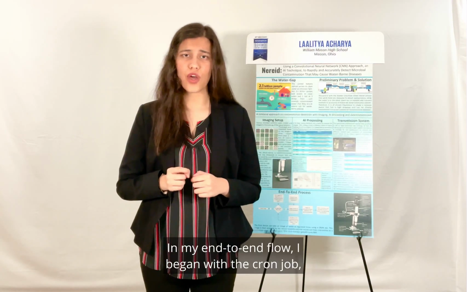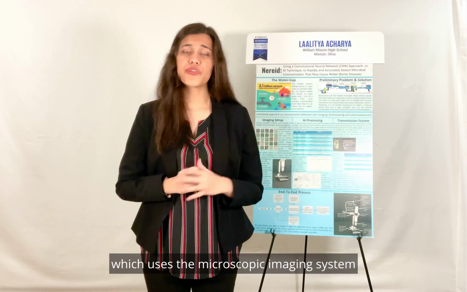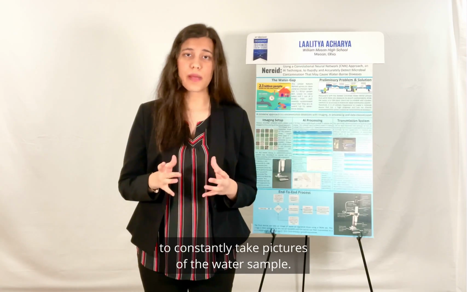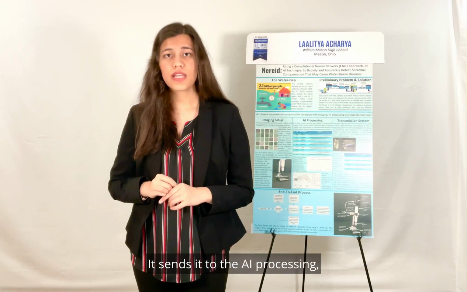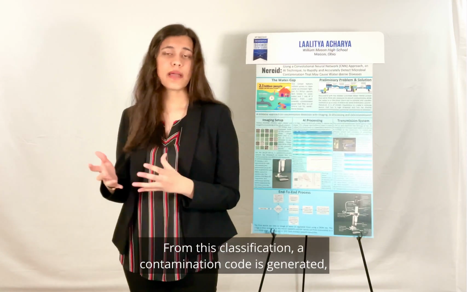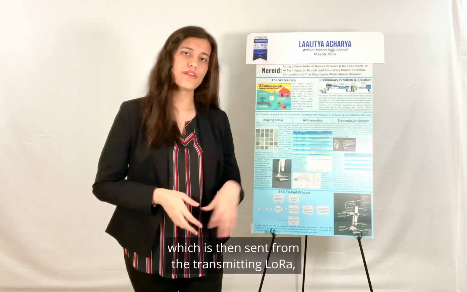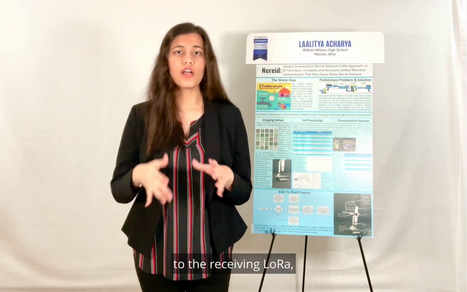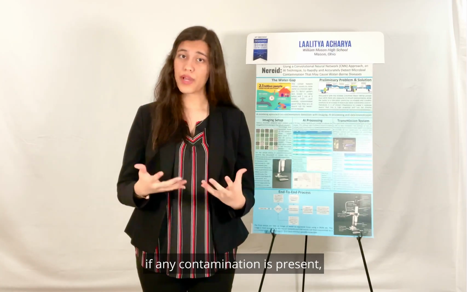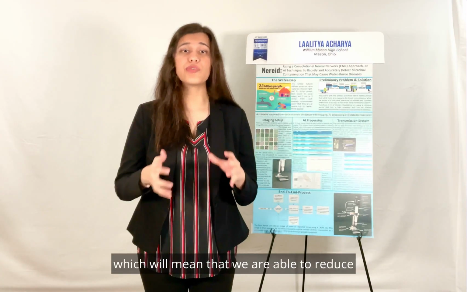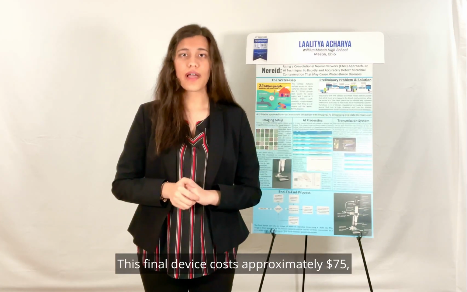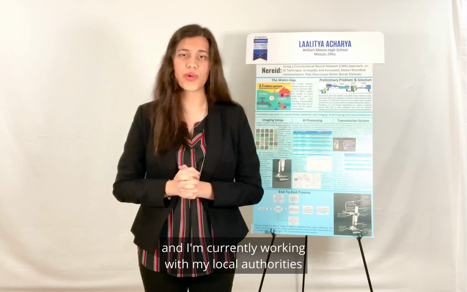In my end-to-end flow, I begin with the cron job, which uses the microscopic imaging system to constantly take pictures of the water sample. It sends it to the AI processing where a classification is created. From this classification, a contamination code is generated, which is then sent from the transmitting LoRa to the receiving LoRa, which will be able to notify authorities if any contamination is present, which will mean that we are able to reduce its spread greatly. This final device costs approximately $75,